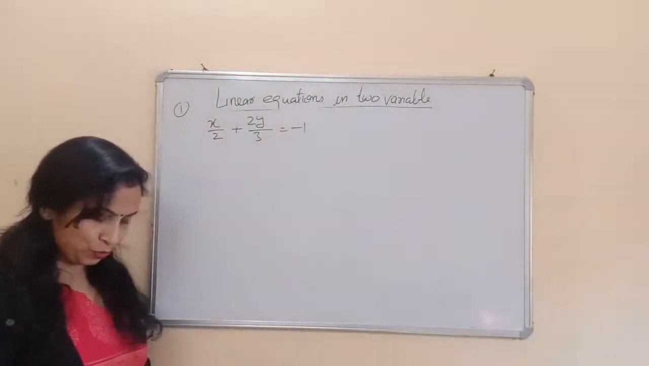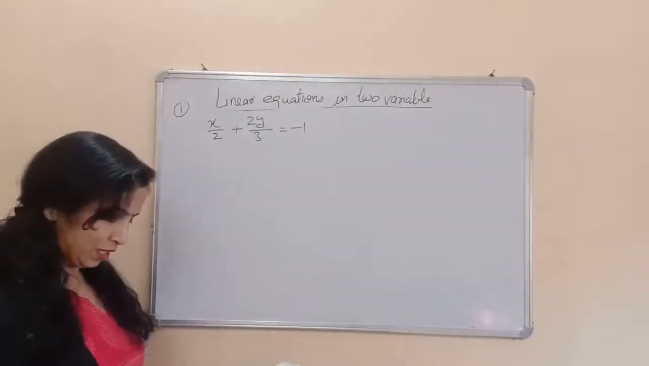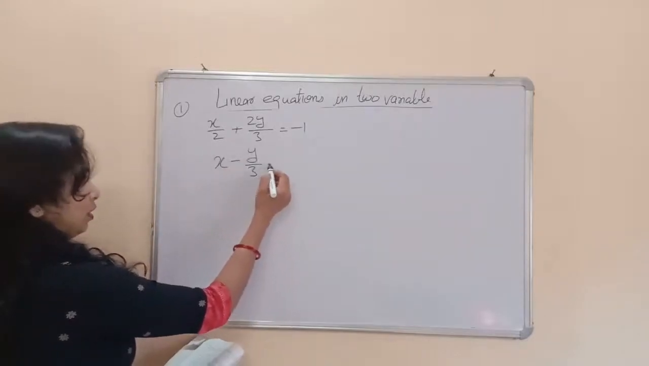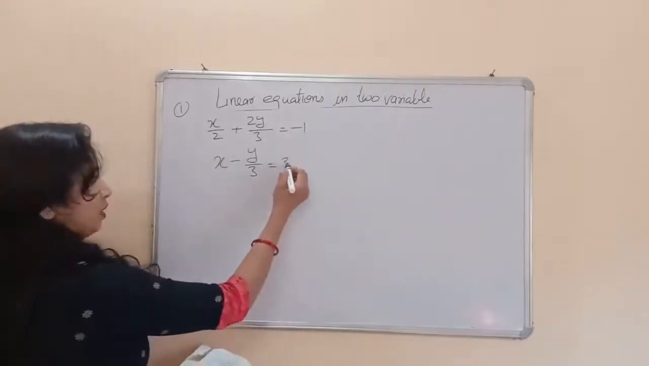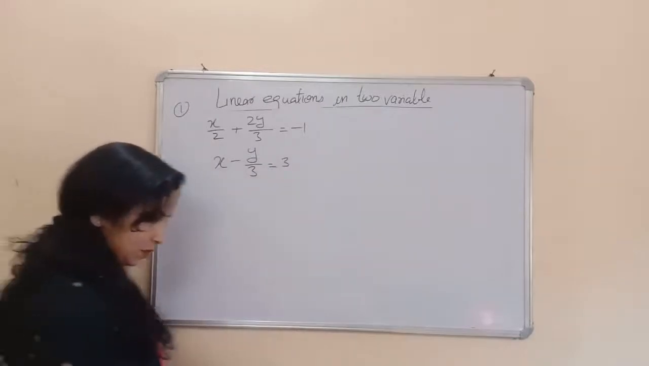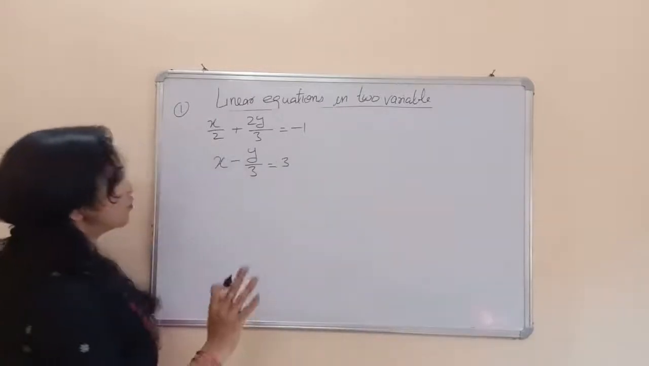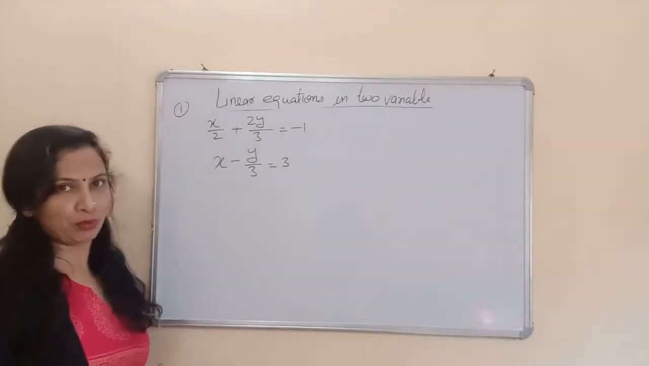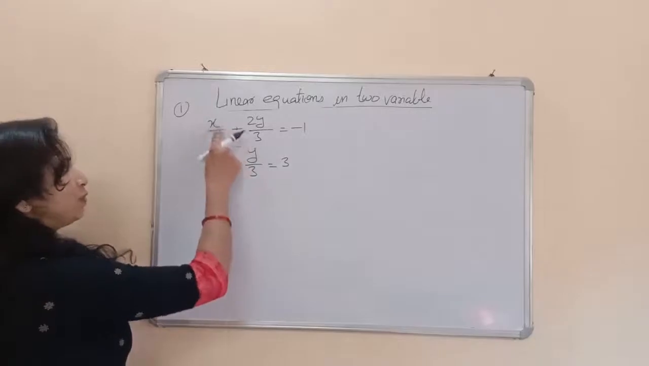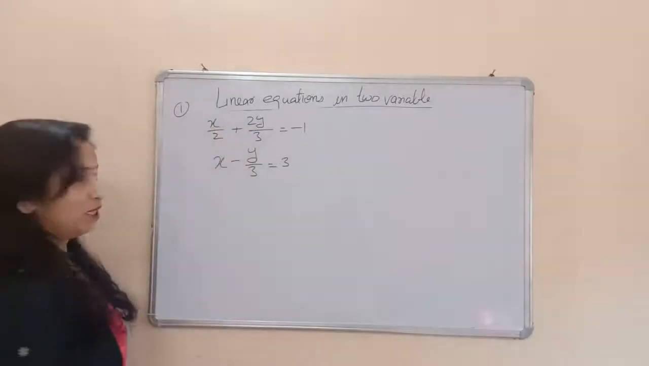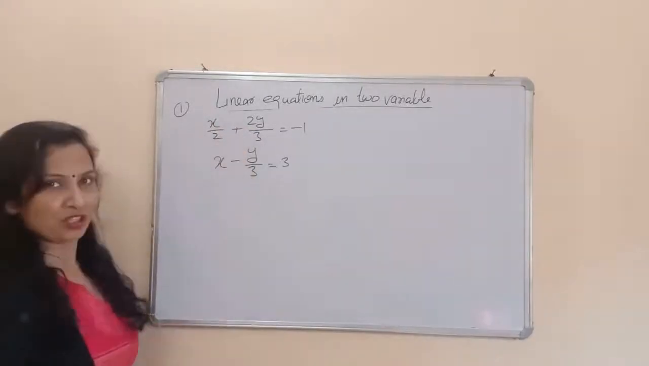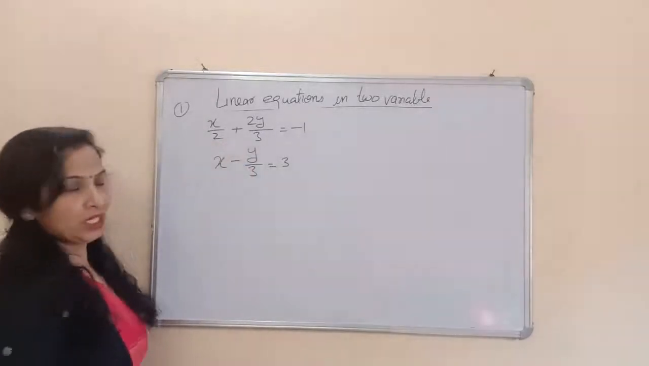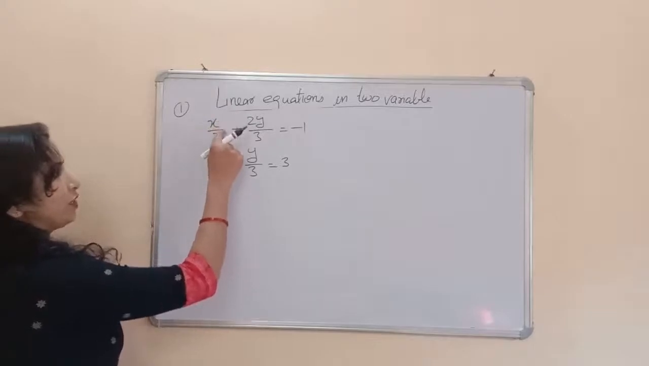x upon 2 plus 2y upon 3 is equal to minus 1. x minus y upon 3 is equal to 3. This is the second equation. In the elimination method, first of all, if you have any problem with the fraction, you can remove the fraction from the equations. You can take the LCM of both the terms. By taking the LCM, you can remove the fraction. 2 and 3 have the LCM 6. So we will multiply this one by 3 and this one by 2,